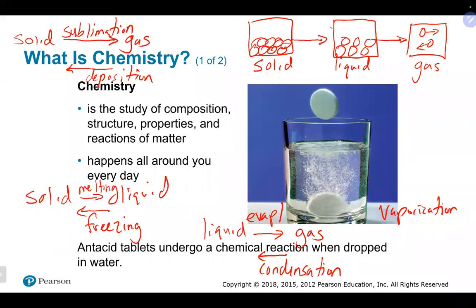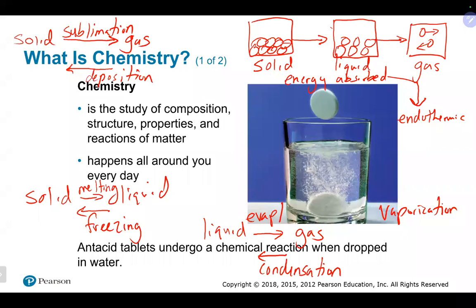And those are all processes where you would put energy in. So energy would go in, and all these processes are absorbed. And when you do any processes where energy is put in or absorbed, they're sometimes referred to as endothermic processes. And the opposite would be true if we started in the gas phase and worked our way